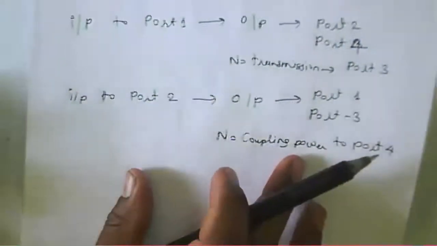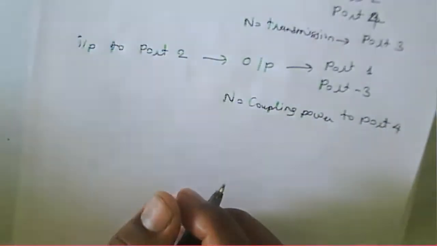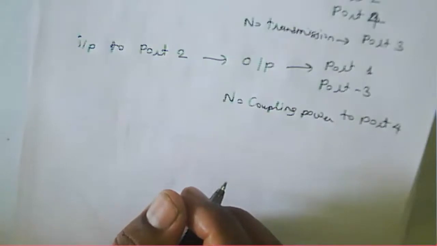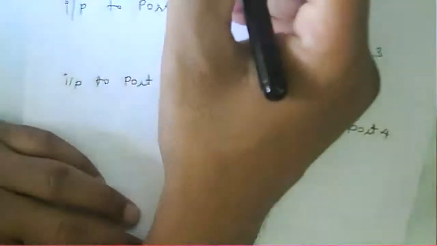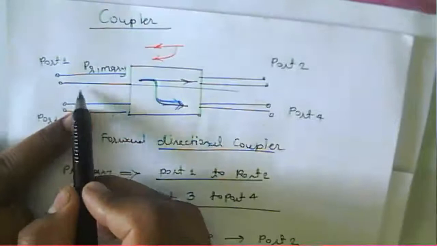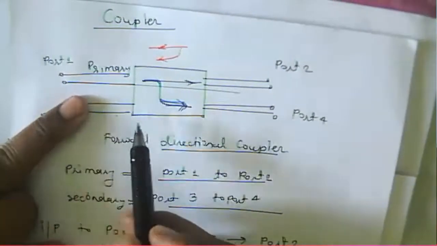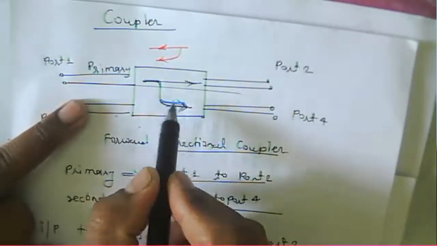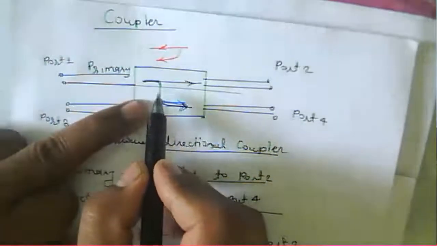So now, this is about a directional coupler. How does your signal propagate in the forward direction? How does this directivity occur? Inside, there are holes. We can consider either a two-hole coupler, because there is a primary waveguide and a secondary waveguide. Power is coupled from the primary to the secondary through the holes. There are two-hole couplers or multi-hole directional couplers. In this case, two holes are there.